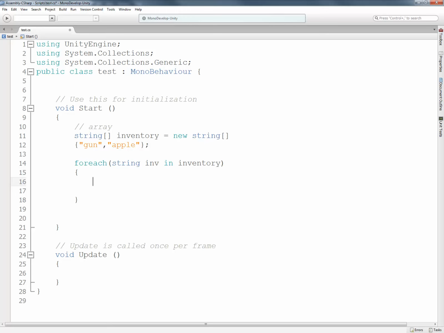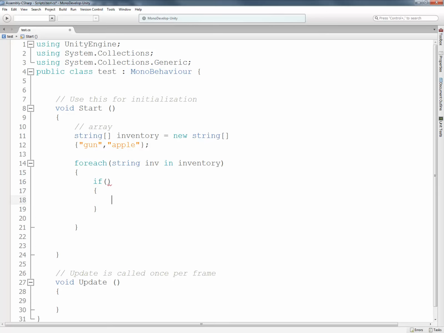So what this does is this looks for any string item, and it's going to use this inventory, which is an open empty variable, to kind of search through it. So we're going to keep dumping in gun, then apple, and we want to do something with it. So what I'm going to say is if we find in the inv something that is the same as gun, we'll debug